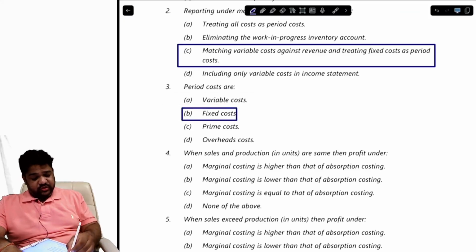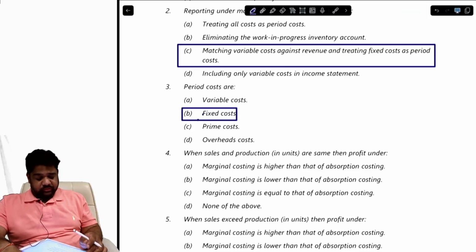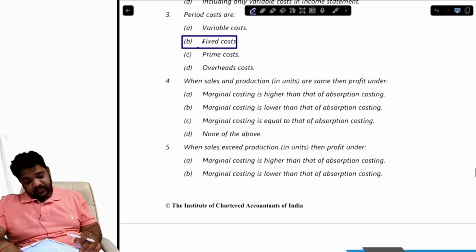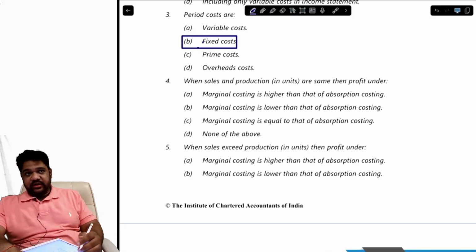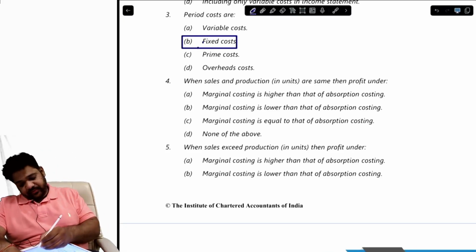Are they prime costs? Not necessarily. Overhead costs. Oh, this one is nice. You'll have to remember this, understand this. I'm going to give you a quick hack. So, under absorption costing and under marginal costing,